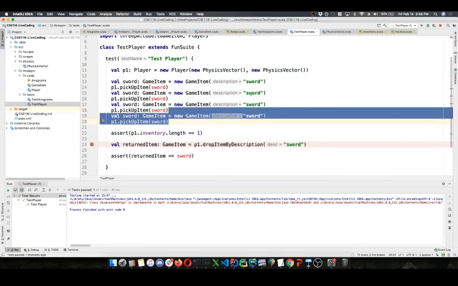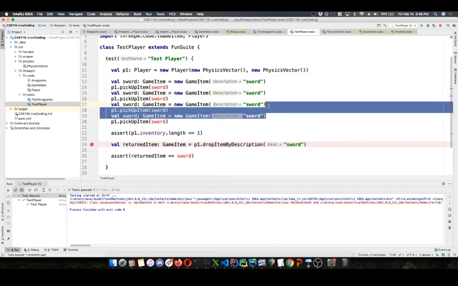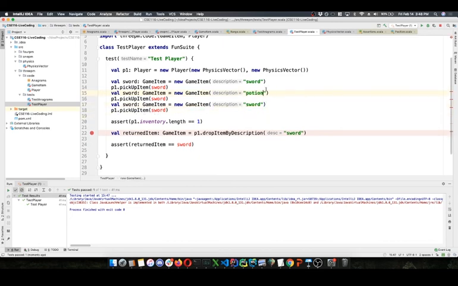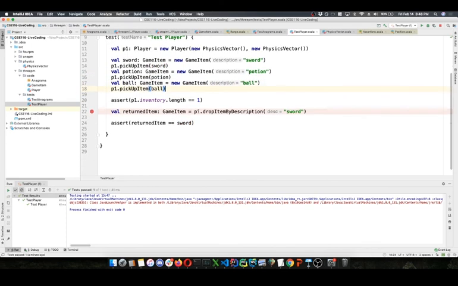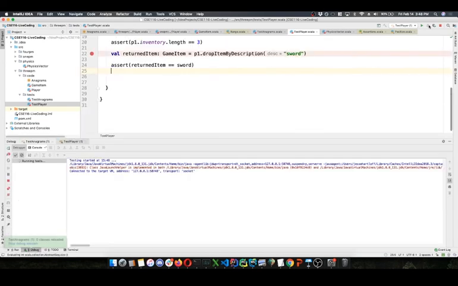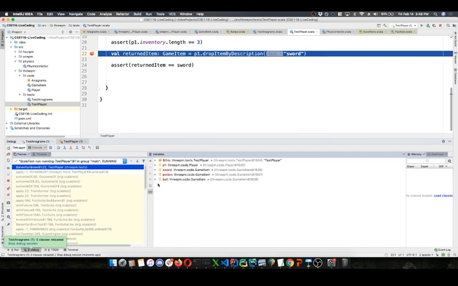make sure that we can handle more items. Let's add a potion. Ball. I don't know what kind of game we're playing, but we have a potion, a sword, and a ball. This length should be 3. And we would add a lot more testing here, but let me just run through the debugger, and we can see all these items that we have in our inventory. I can look through the code as we're running it. Look through the values as we're running it to see if I have what I expect to have.